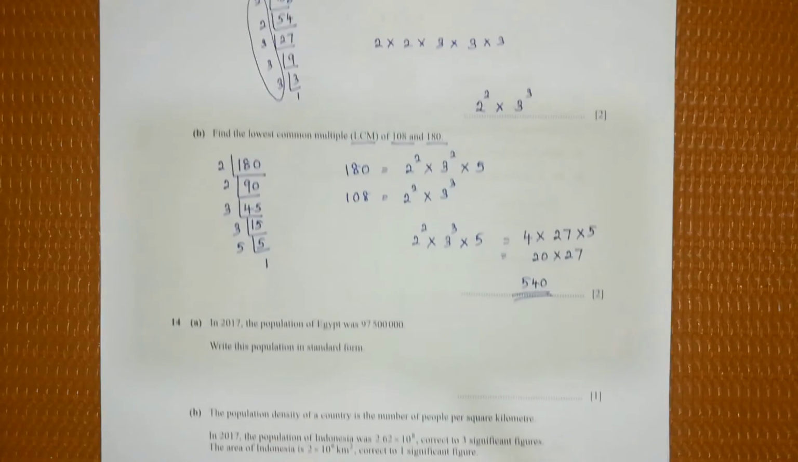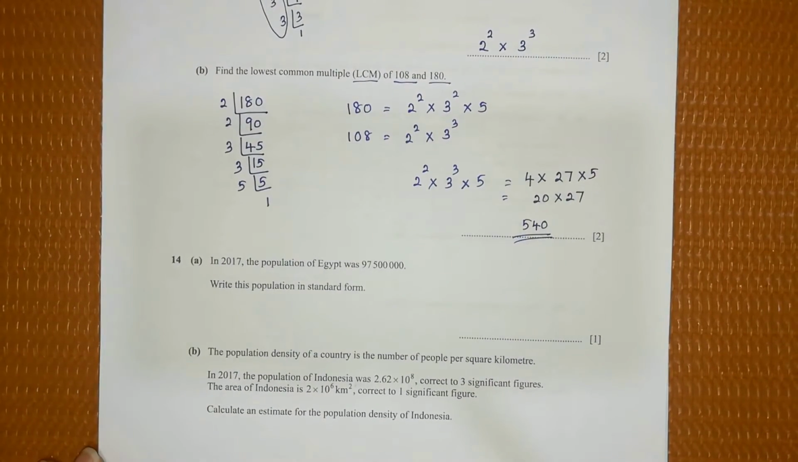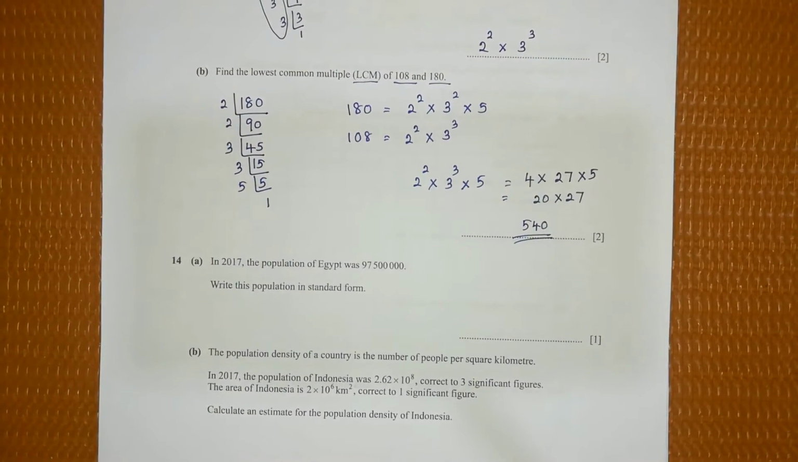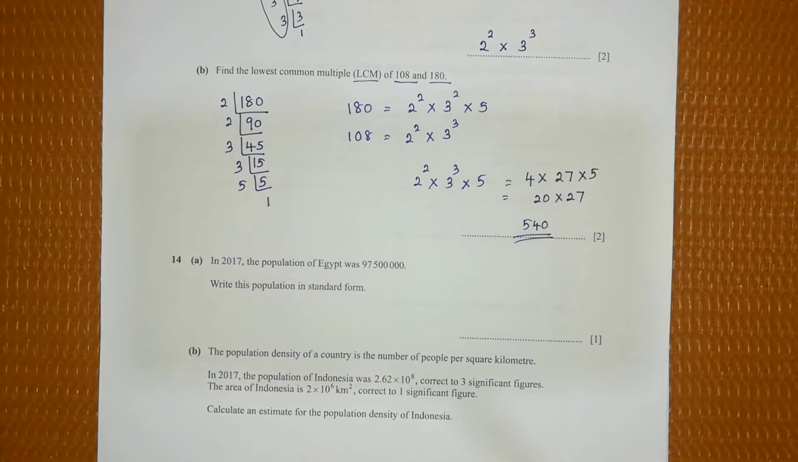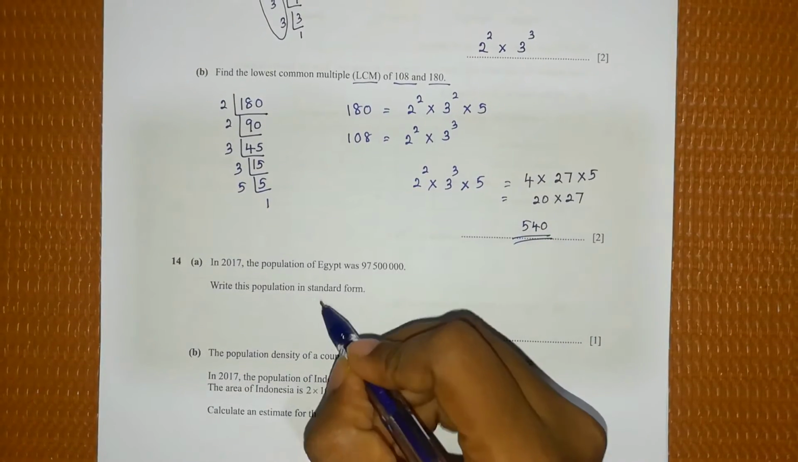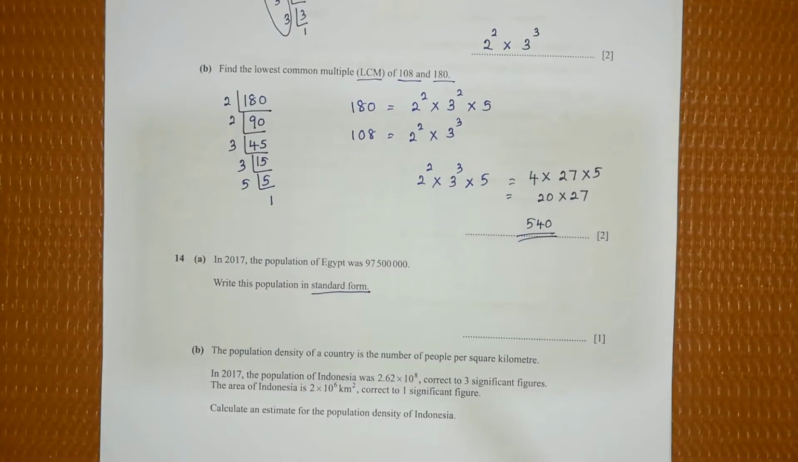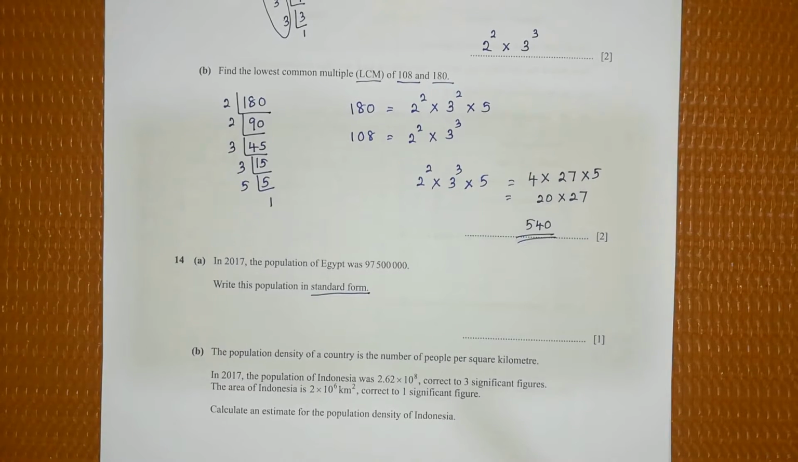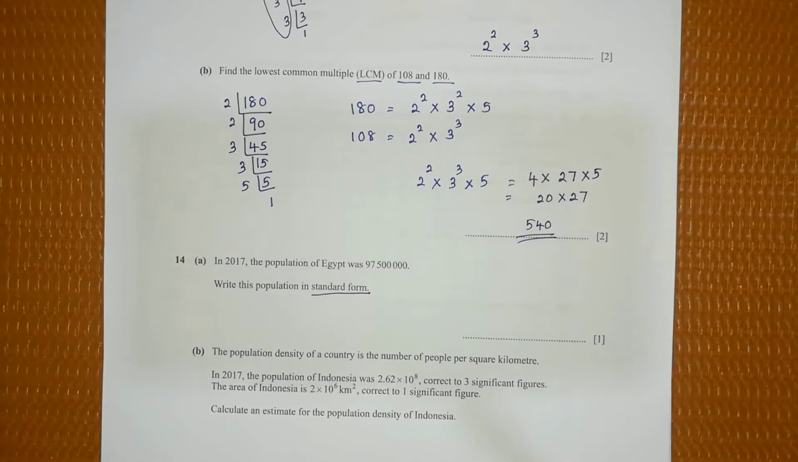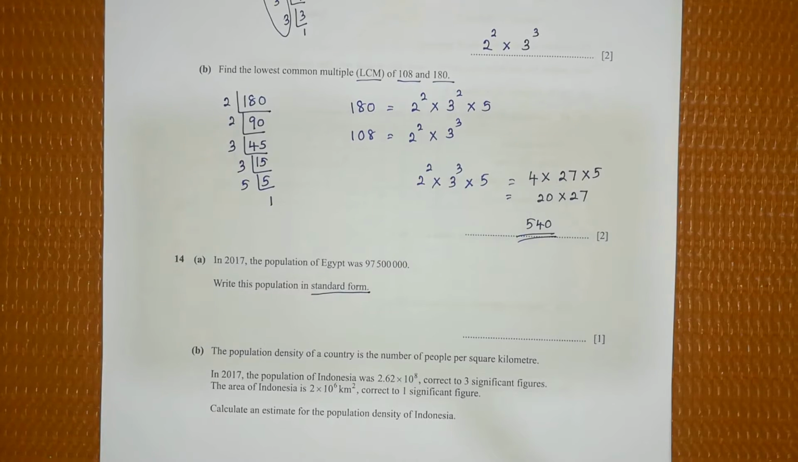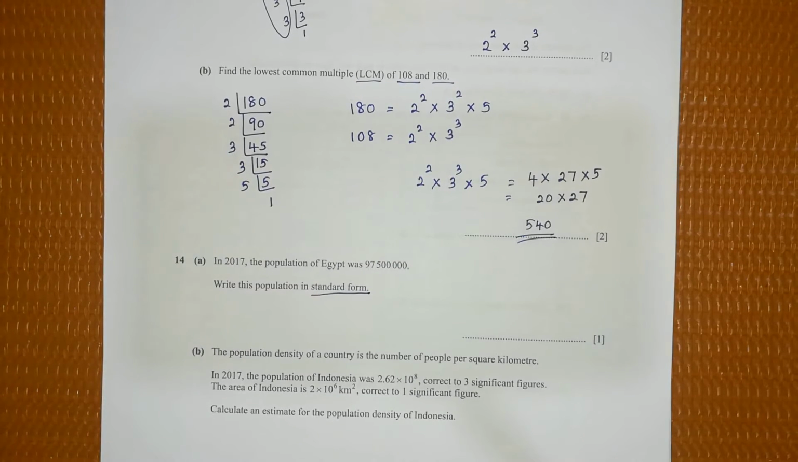Right. Question number 14, part A. In 2017, the population of Egypt was 97,500,000. Write this population in standard form. So in standard form, you know, we have to write the number between 1 and 10 followed by a power of 10. So we ignore the zeros,